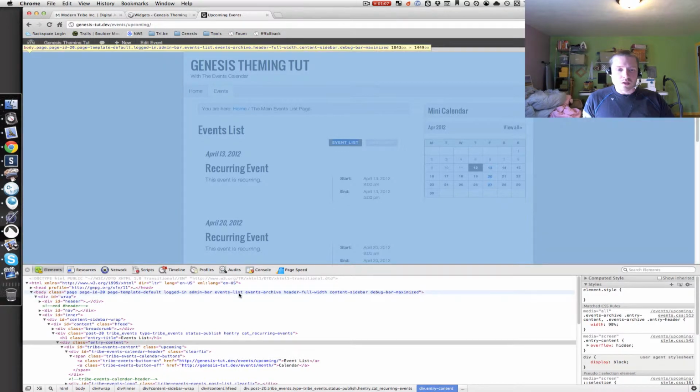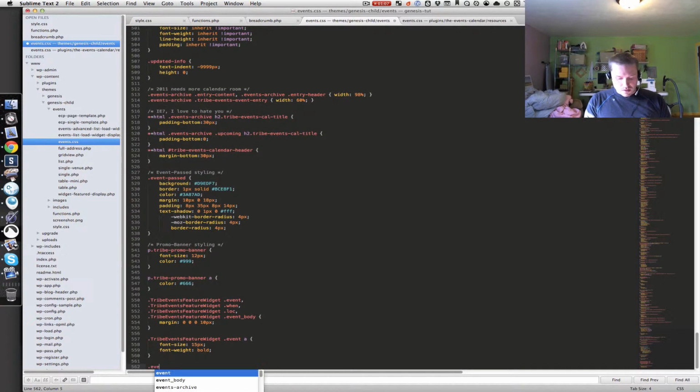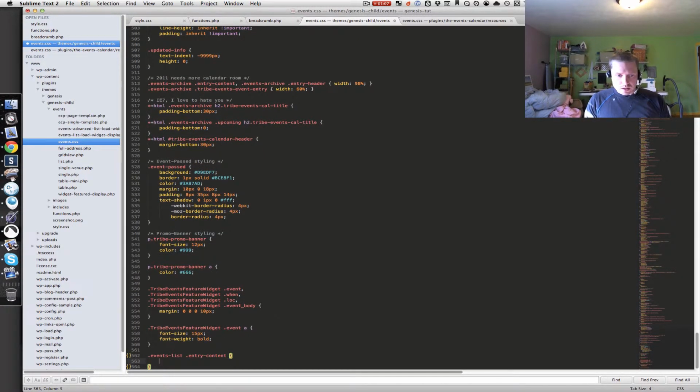And all of these, basically what they allow you to do is latch on to that class in your CSS to set specific CSS for those specific pages. So what I'm going to do here is I'm going to latch on to the events list class that I've got. So go back to my CSS here and do events list, and that overflow hidden property is being applied to our entry content div. So I'm just going to set overflow